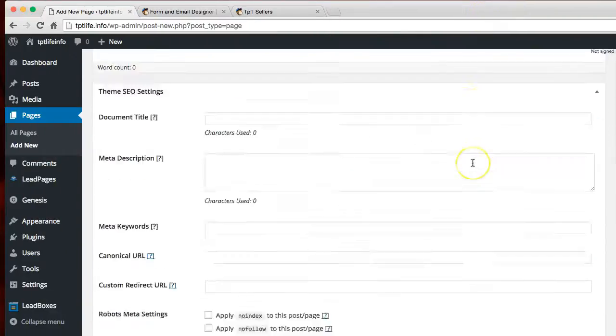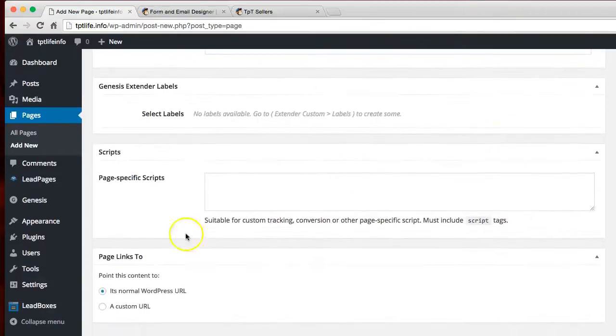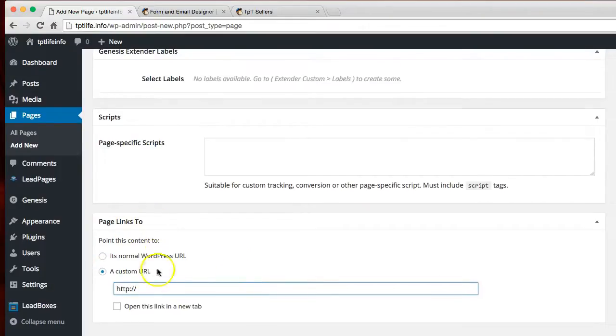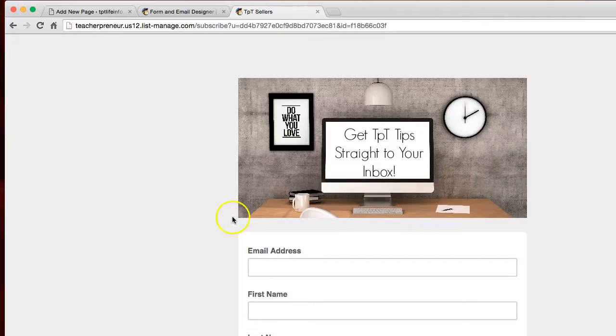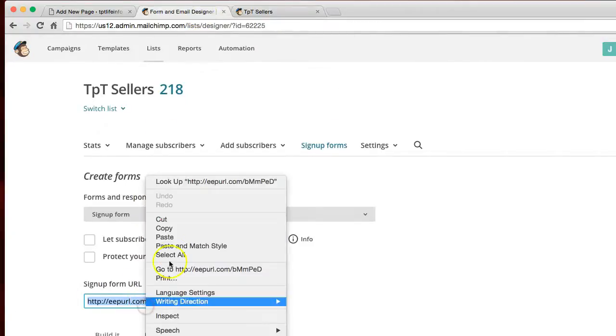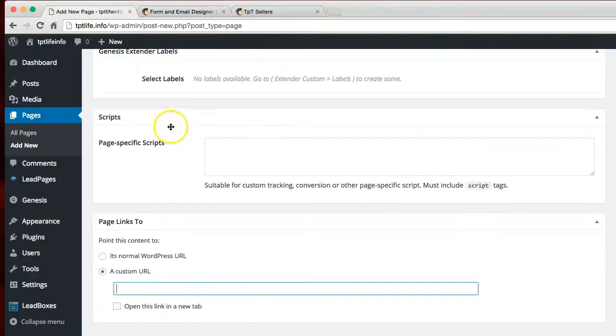And I'm going to go down here, and because we have that plugin called Page Links To, we can actually just put in that. Oop, that is not what I wanted to paste. I wanted to go back to here and get this link. Copy. I'll paste it here. So this is a plugin that appears at the bottom of each of your pages and posts. Open link in new tab,